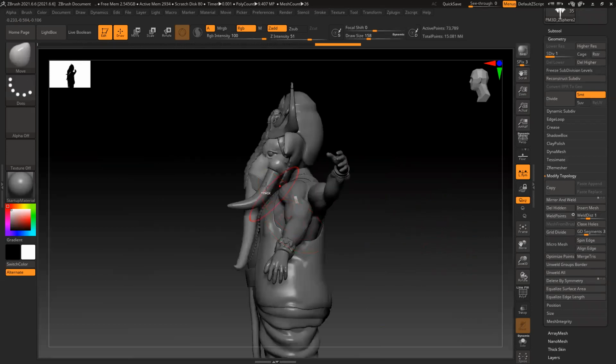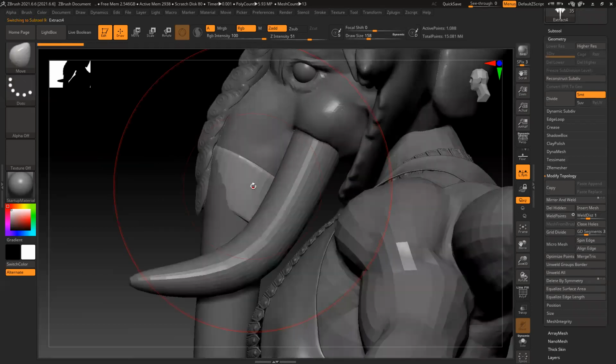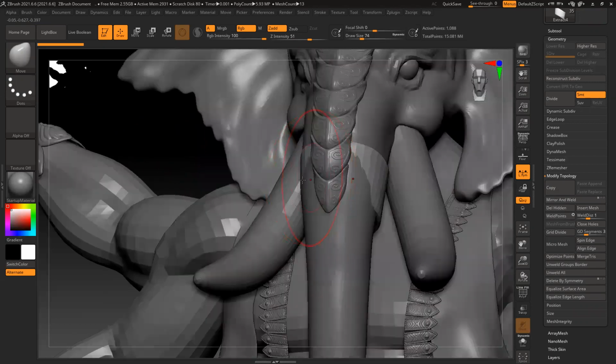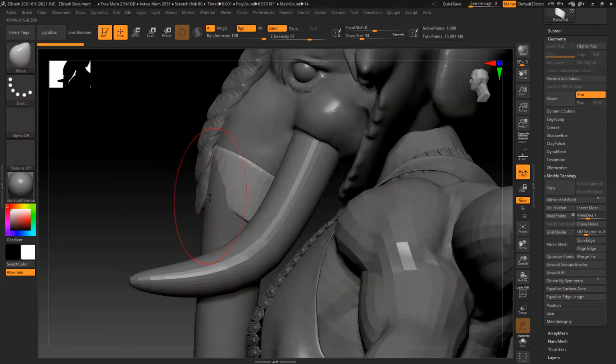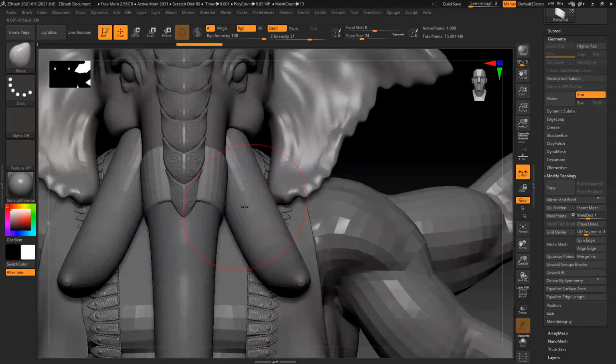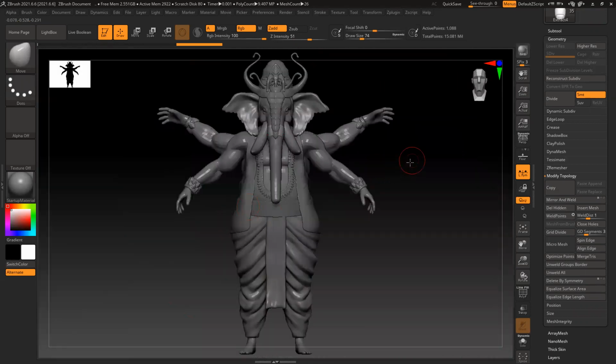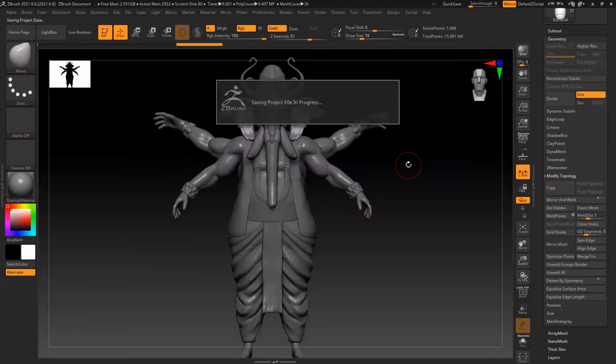This is much better. Fits properly. Symmetry is on. Now save the file.